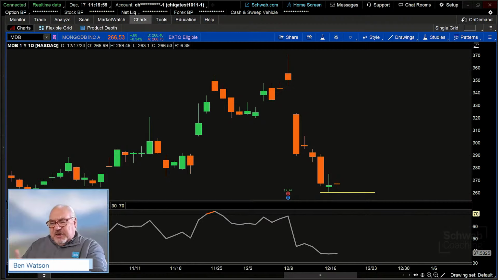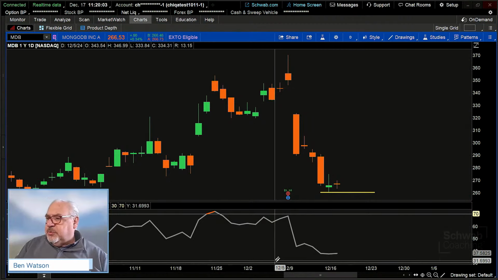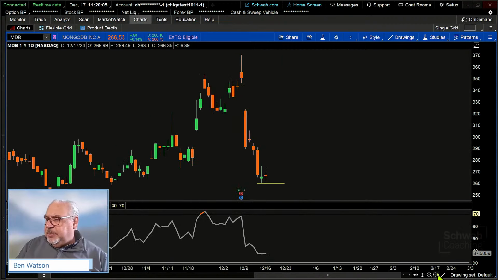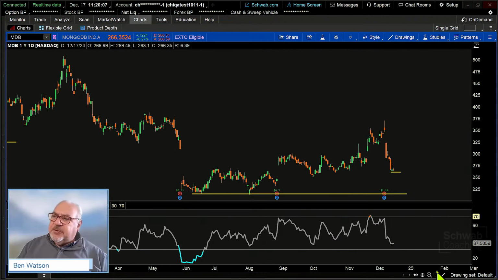And the reason for that is that's going to give us confirmation the price is continuing to move to the downside. So I'm going to zoom back out a little bit here, and I'm going to look at this in a couple of different ways. One, if we were just trading the stock, we could short the stock. Now, remember, shorting has to be done in a margin account. There are certain circumstances that have to exist in order to be able to borrow the stock, to be able to short it and take advantage of that downward movement.